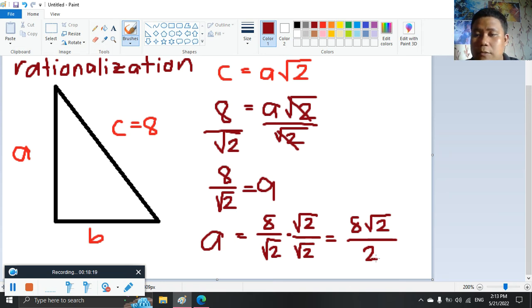So, we're going to simplify that one. Is 8 divisible by 2? So, 8 divided by 2. So, therefore,